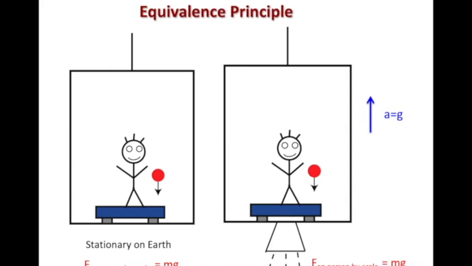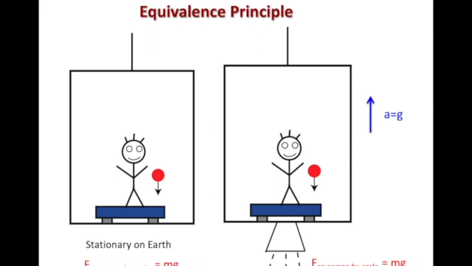Now take the not opposite, but another example where we're in this box, but we're in space. And there's no gravity, but we are accelerating upward with acceleration equal to g, 10 meters per second squared, in the upward direction. These two would feel exactly the same. So we could go through the same equations we did on the previous slide, and we'd find that if our acceleration is g, and there's no gravity, you'll get the same force on the person by the scale, the same normal force,